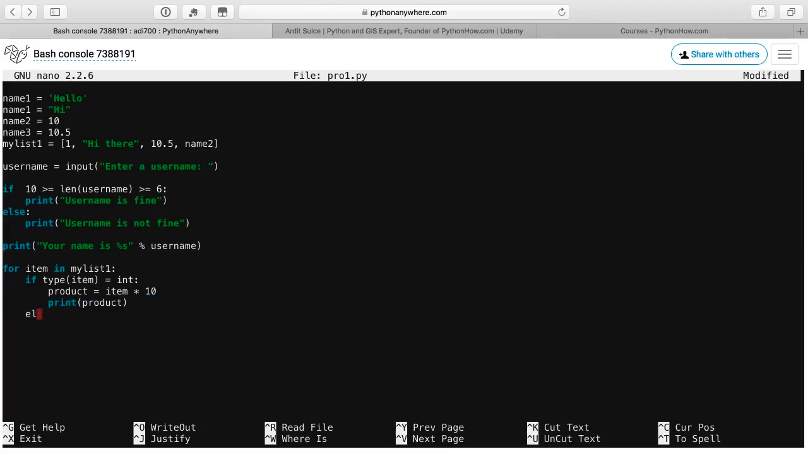Else, or let me expand the conditional, if type of the item, sorry, this has to be an equal operator, not an assignment operator. With assignment operators, we assign values to a variable. With an equal operator, we compare a value to another value. I'll explain all this in a while, but let me write it first. If type item is equal to float